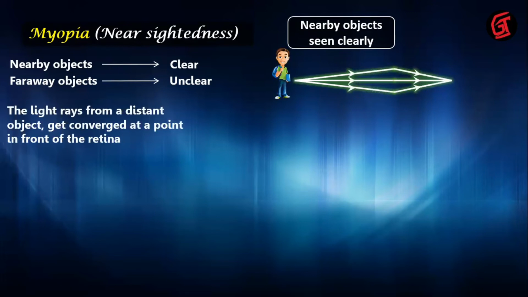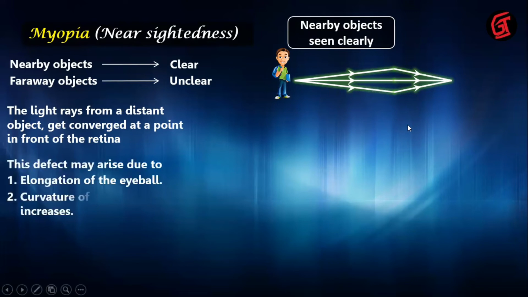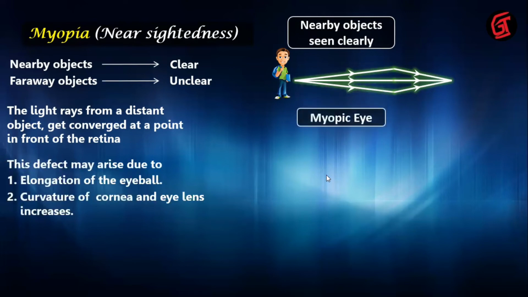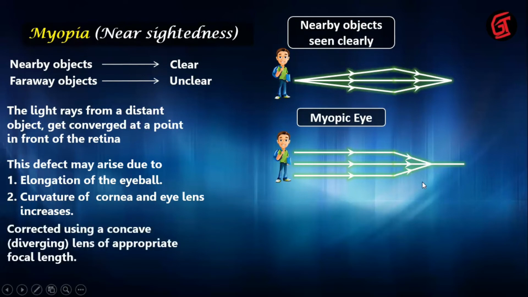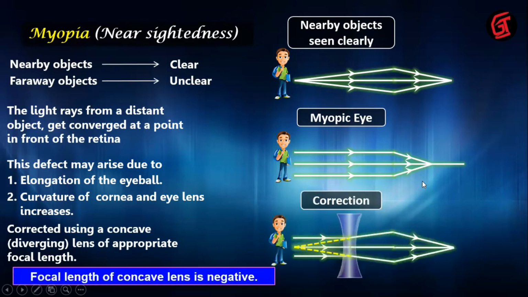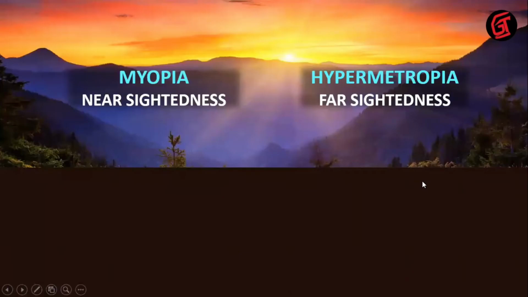Light rays from a distant object get converged at a point in front of the retina, and this defect arises due to elongation of the eyeball, and curvature of the cornea and eye lens increases. So curvature agar increase hoga, so image is formed before the retina, corrected using a concave lens. Next comes